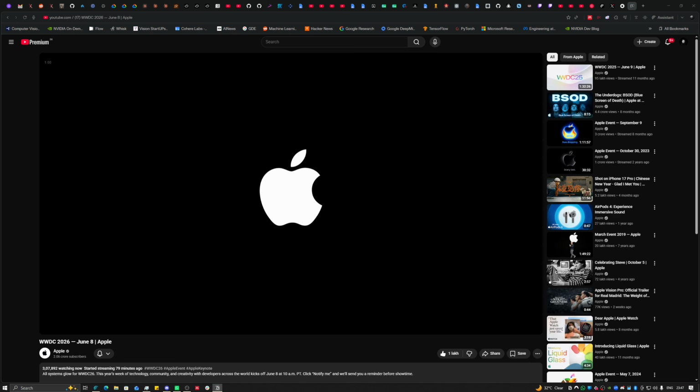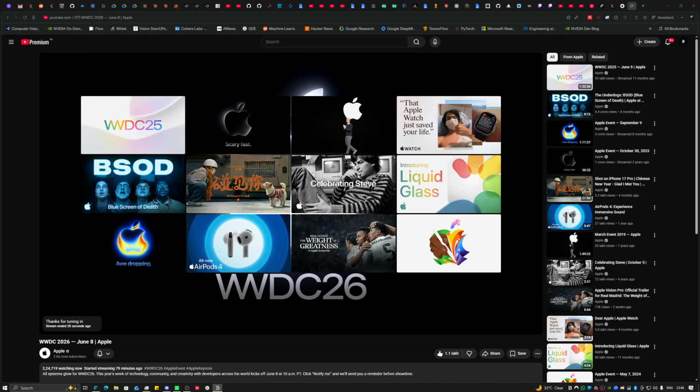Hmm. And the features for the kids that are impressive too. So every app will kind of have them. And